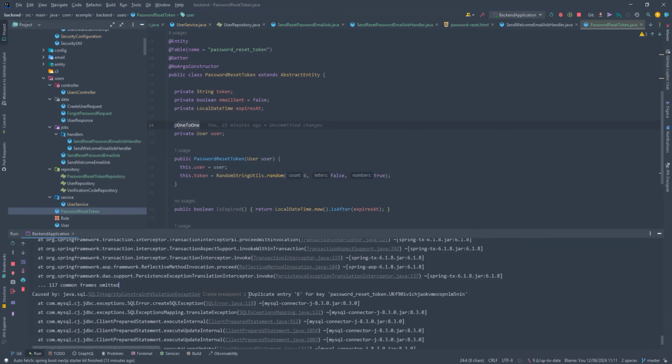But if we take a look at the application here, we will see this log, and it basically is coming from this relationship here because it's one-to-one. And this is actually a mistake. What we want to do, we want to make this many-to-one because we want to allow the user to request